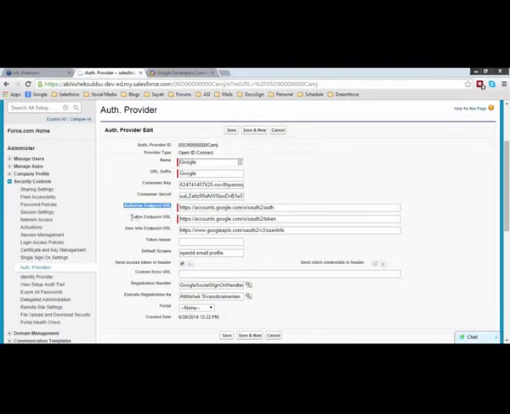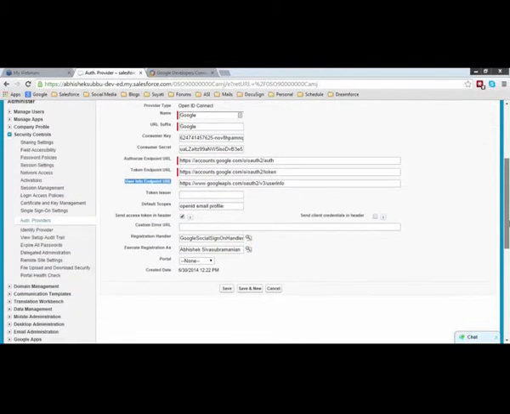Now, that authorization code needs to be exchanged with the token endpoint URL of Google to get back an access token, and with that access token you will call the user info endpoint URL to collect the first name, last name, and email address, right? And where do you get these URLs from? Just Google it out. It's freely available out there, right? So nothing to think there.